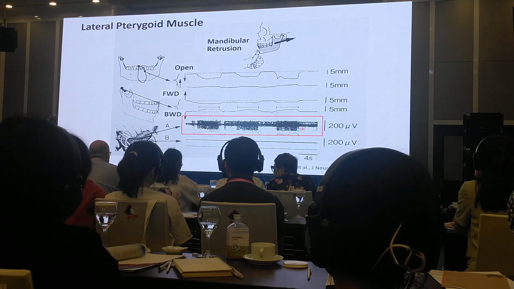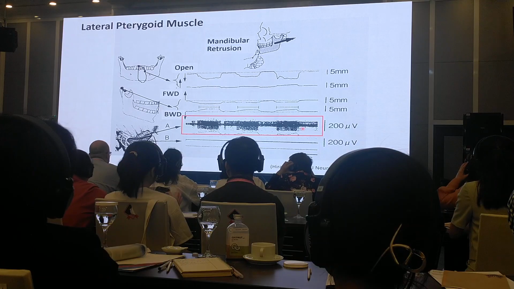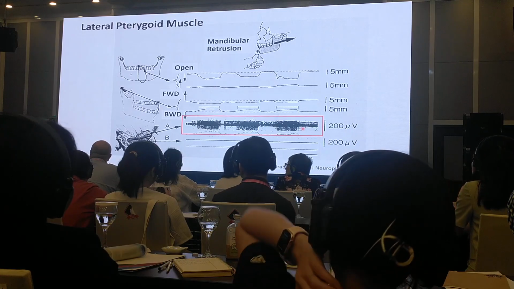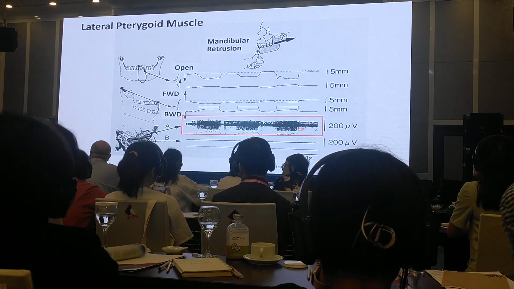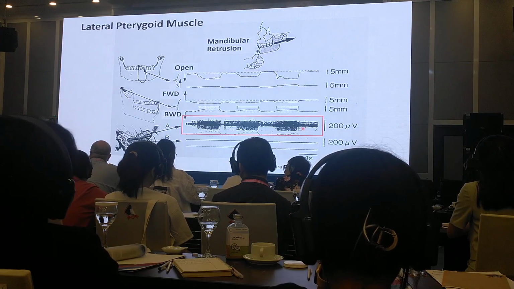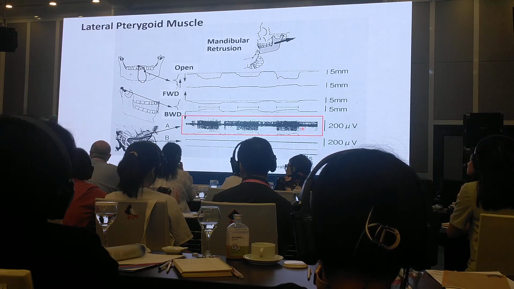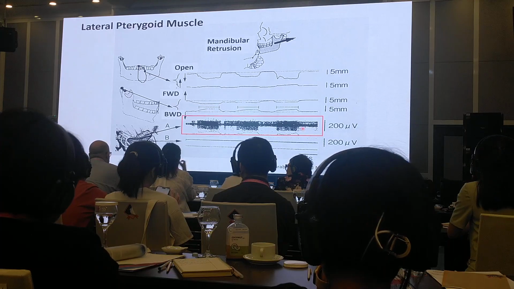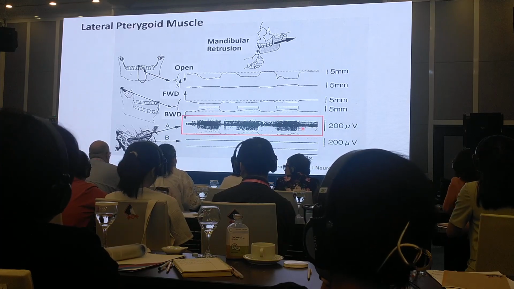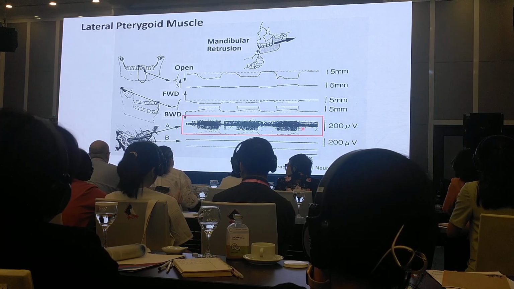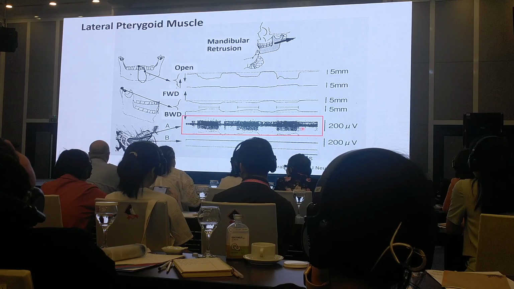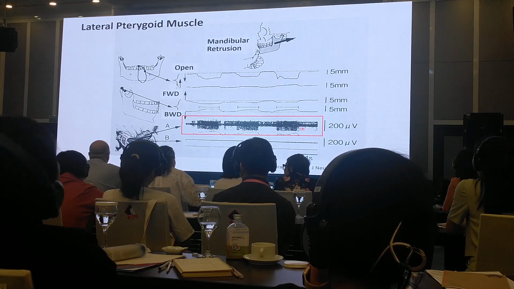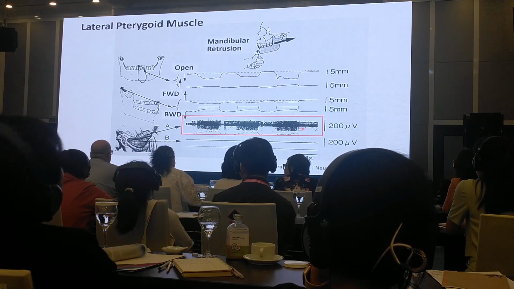This is a very, very important muscle. We call this muscle, the lateral pterygoid superior head, the temporal muscle, the masseter muscle, the muscles of the craniomandibular system. In this function patient, this is very, very important. Okay. So,